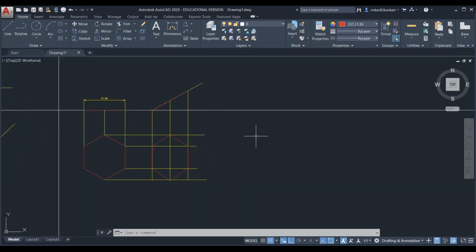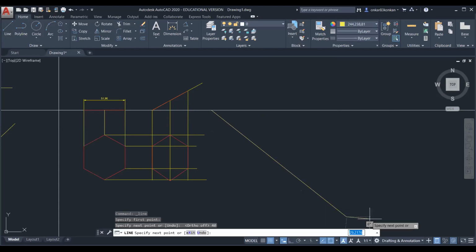Now in the last stage, the second stage represents the inclination with the HP only. In the last stage, we need to rotate the top view so that the edge in the HP will become inclined with the XY line or with the vertical plane by the given inclination, that is 40 degree. Okay. So draw one line with the XY line by 40 degree. So just draw a reference line.